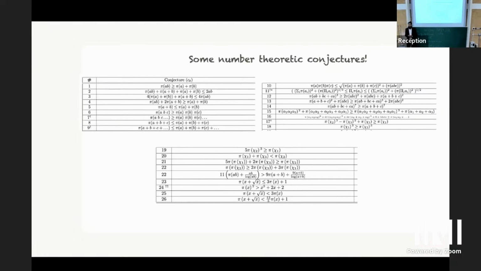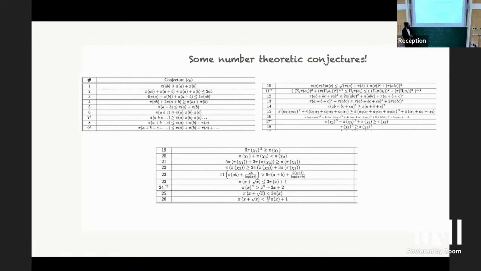So one of the first things that popped up was number 5, which, to the knowledgeable number theorists here, unlike myself, is the subadditivity of the prime counting function. It turns out that was conjectured by Hardy and Littlewood exactly 100 years ago. In the mathematics community, it is believed that the conjecture is actually false, but it remains unresolved. The counterexample is expected to lie at very large values of A and B. Since that looked quite terse, we bothered to Google and found that connection. It was previously not noticed.